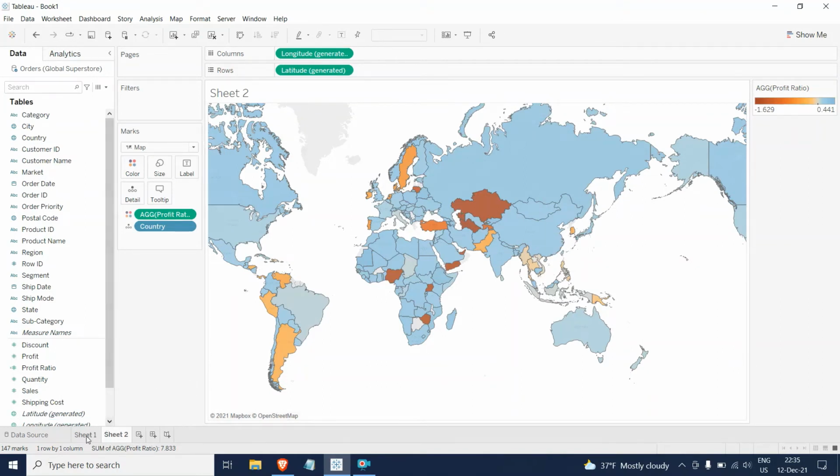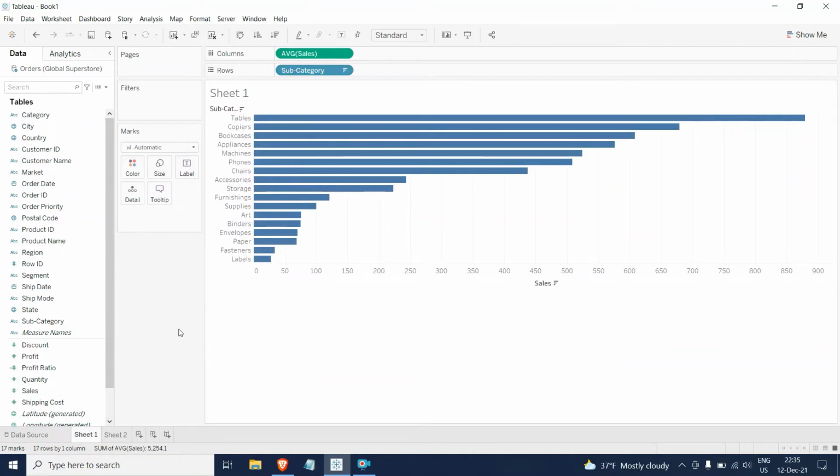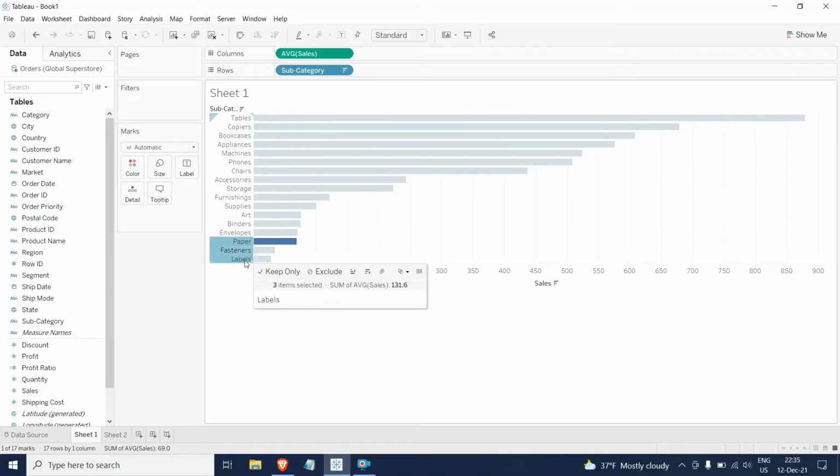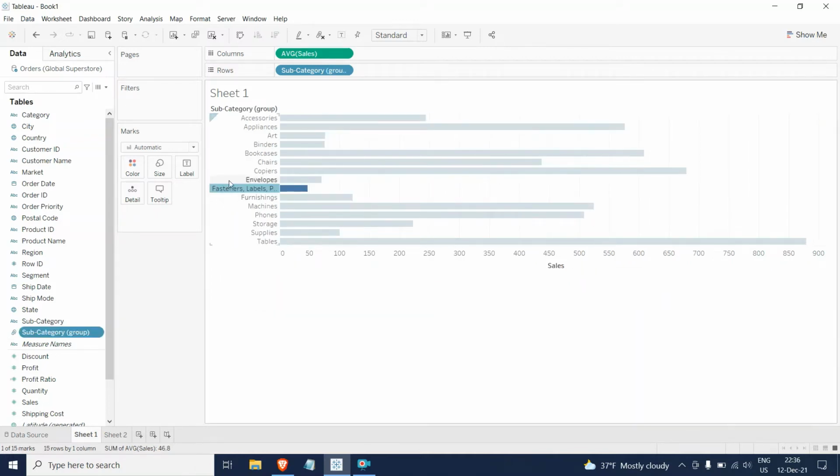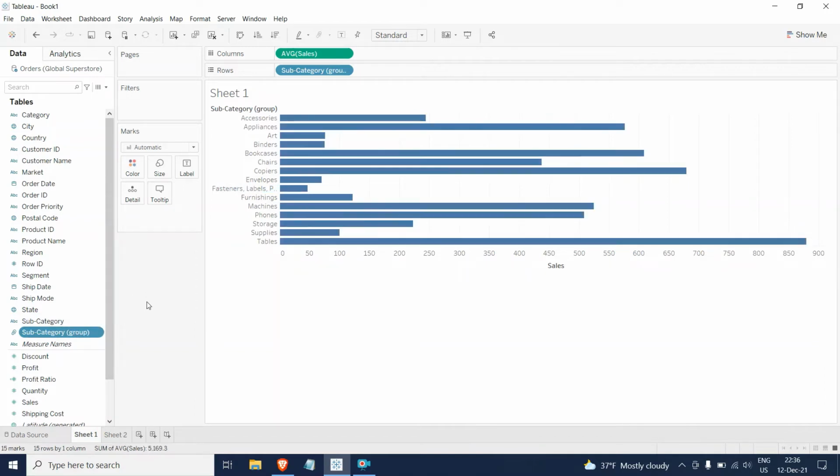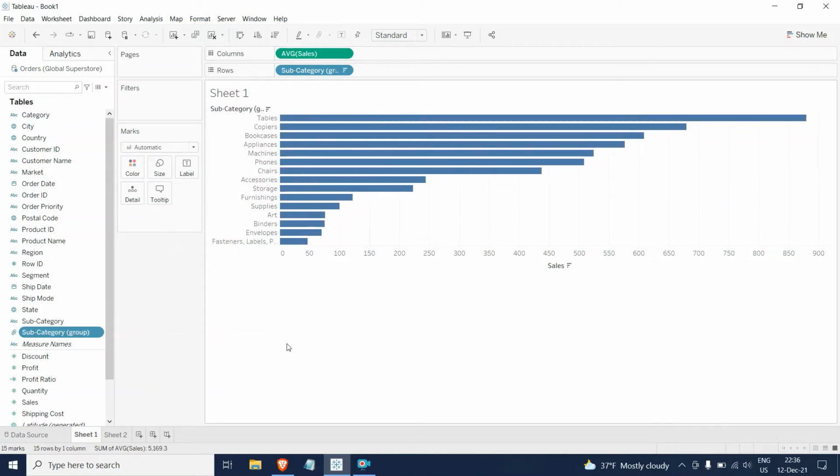For the sake of learning what the .tds file is, we can also create a group with all these three. So let's take them and create a group here. This clip icon is just to create a group. Now we have it here. We can now create a very simple